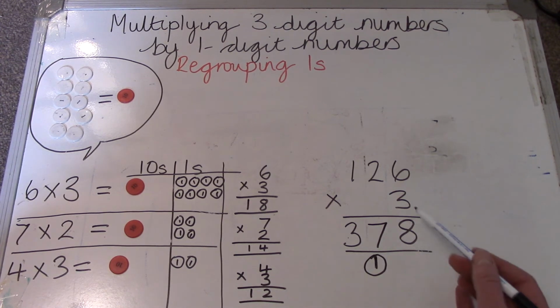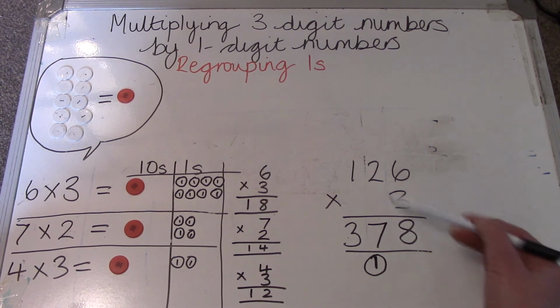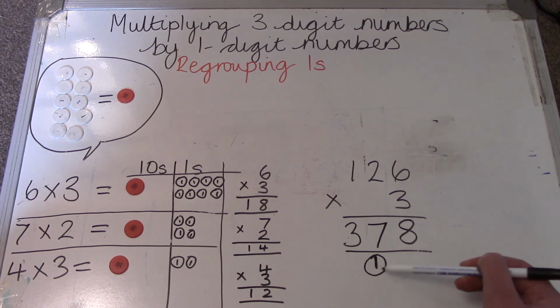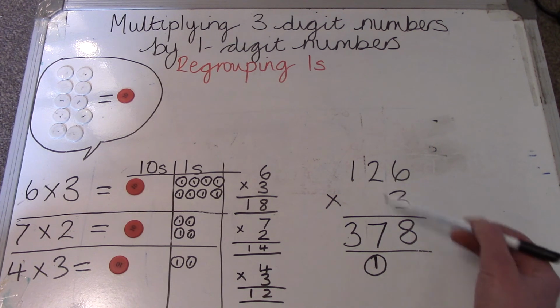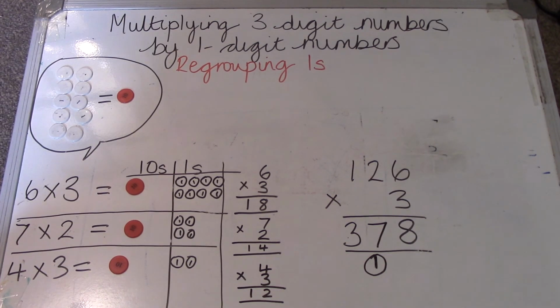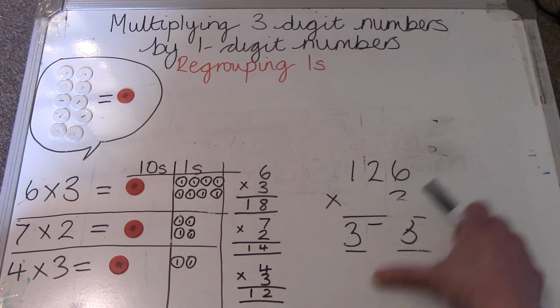This is the new part of the calculation today, isn't it? That you've created a 10 when you've done this part of the multiplication. So you need to hold it there, you need to regroup it, pop it there, and just add it back on to whichever other tens you create when you come to do the next part of the calculation. In the next one we're going to have a look at